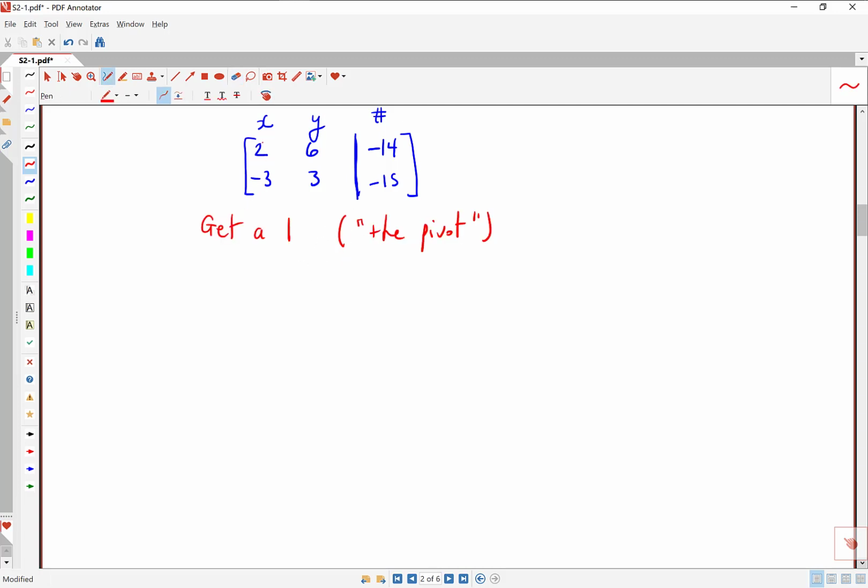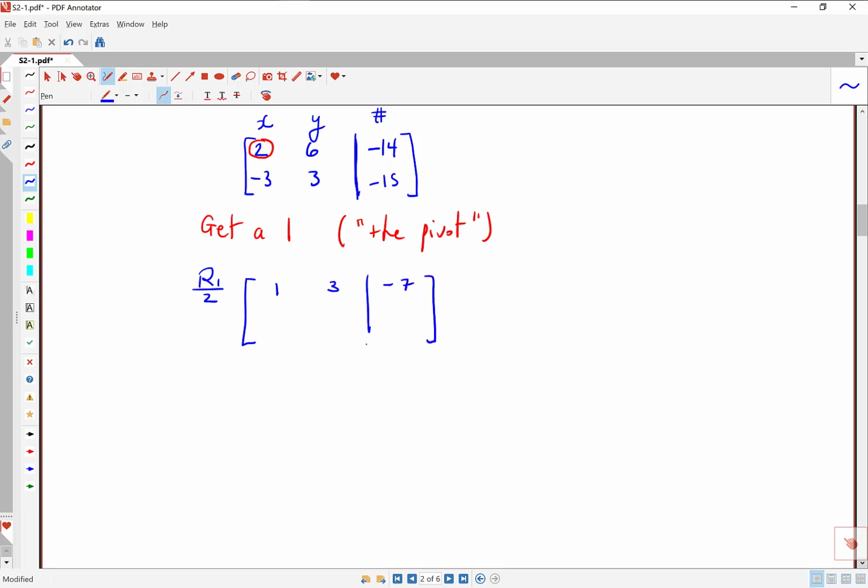So first thing we're going to do is get a 1 in the upper left-hand corner. And that 1 is going to be called the pivot. We'll just give it a name because we're going to be referring to it later. The operation you want to think about when you're trying to create a 1 is just divide that row through by an appropriate number. So we're going to take row 1 divided by 2. So divide all the numbers in the top row by 2. We get 1, 3,